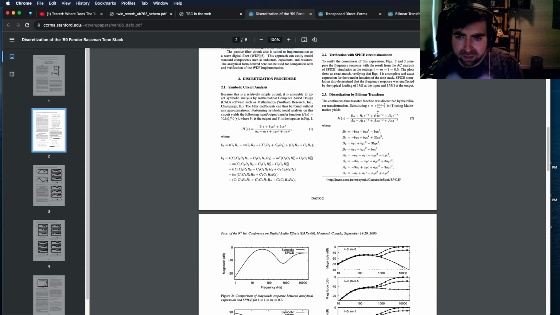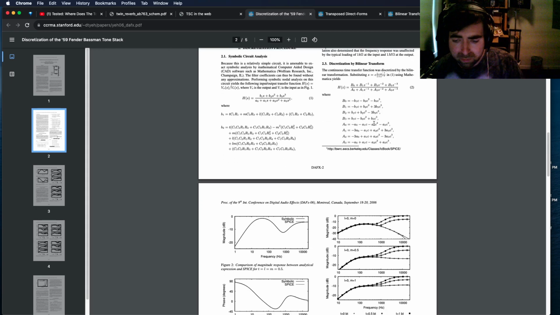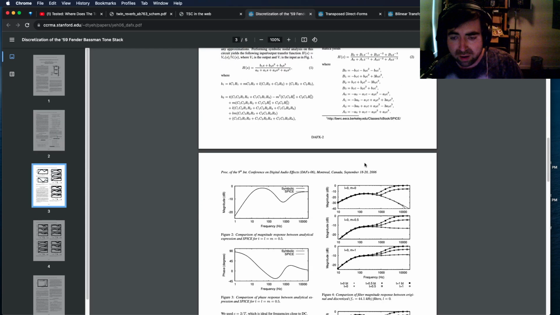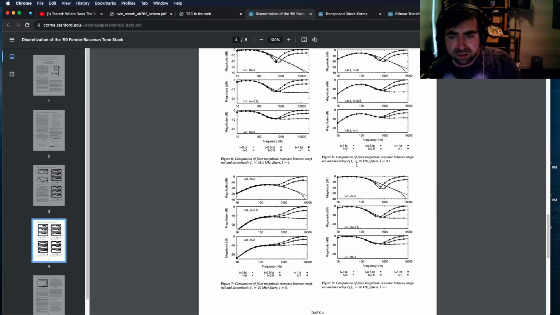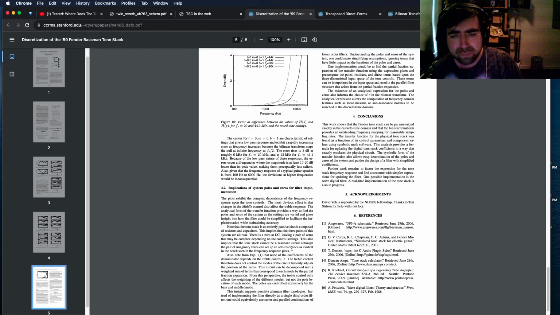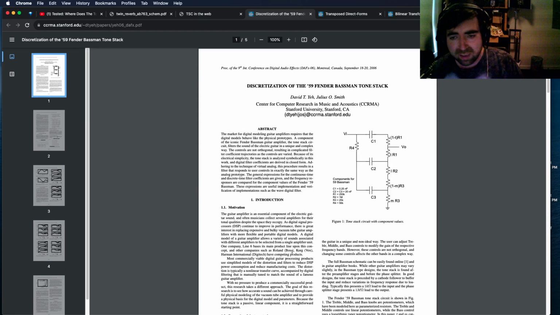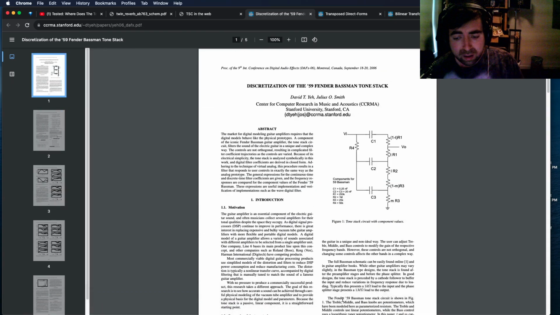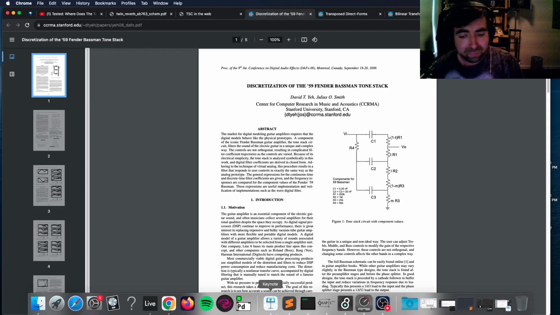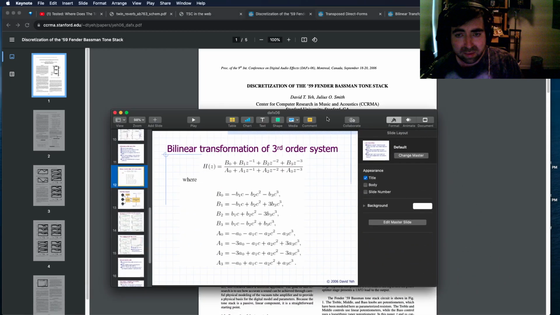I believe they use Mathematica, which has proprietary software and is a little bit expensive. So I wanted to do sort of the same thing with an open source toolchain, aside from Max itself. But it can be done. So just before I jump in, there's also this slide deck